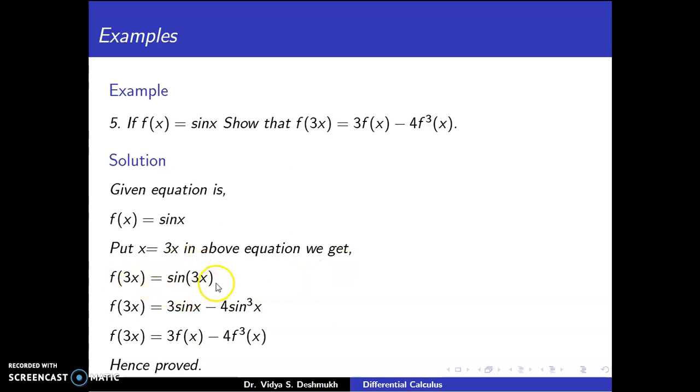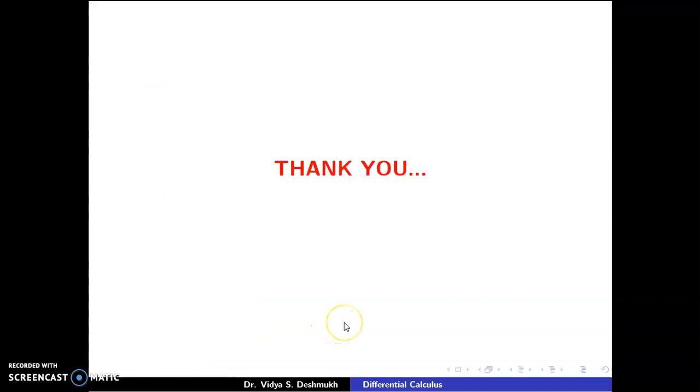And you know that very well. What is the formula for sin 3x? Sin 3 theta is 3 sin theta minus 4 sin cube theta. But the theta is x here. So 3 sin x minus 4 sin cube x by the identity here. Okay, so replace this sin x by f of x again. So 3 f of x minus 4 f cube of x, and it is our solution. Okay, thank you. These are some examples of the value of function. Thank you very much.